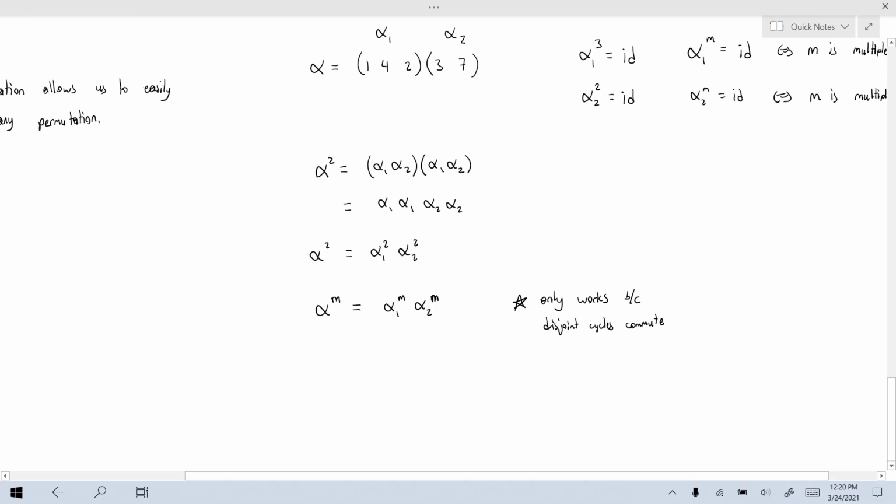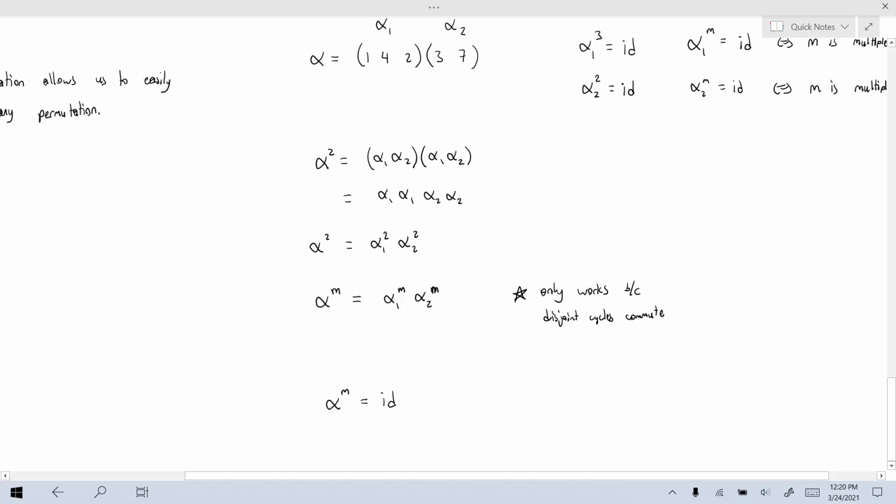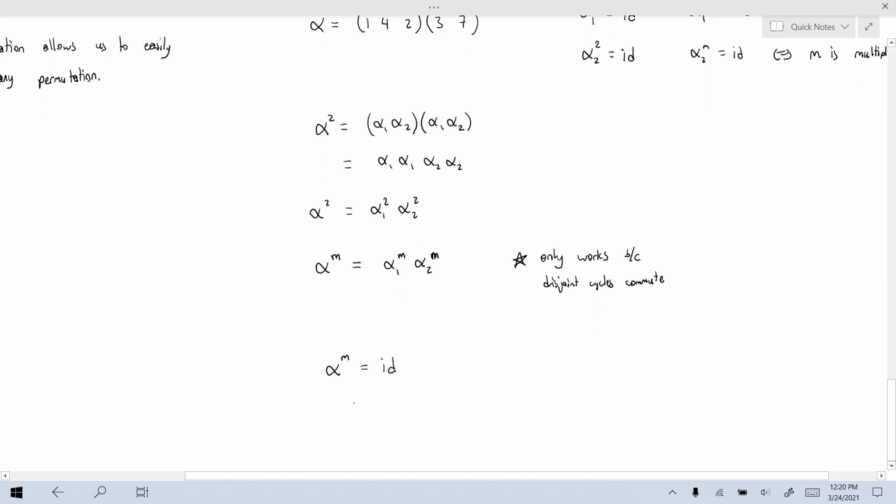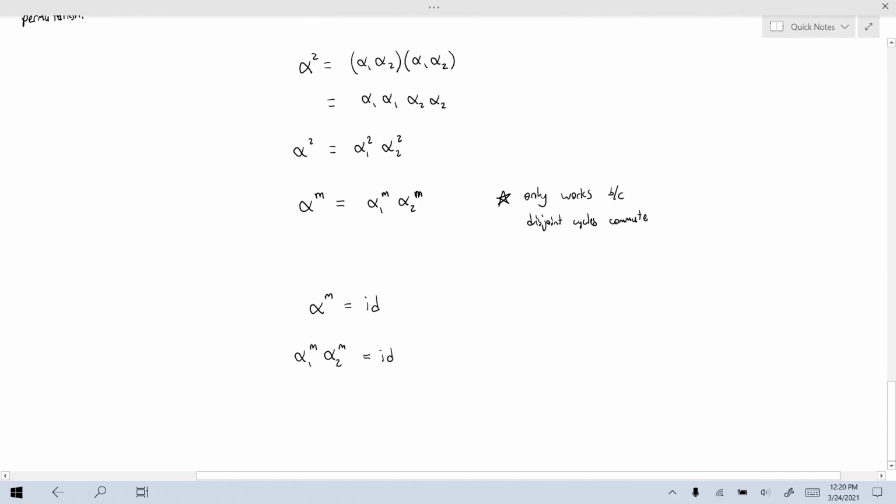Now here's going to be the idea of finding the order of alpha. Basically, for alpha to the power of m to be the identity permutation. Well, alpha to the m is alpha 1 to the m and alpha 2 to the m, right? So for this product to be equal to the identity permutation, I'm not going to go into this much, but